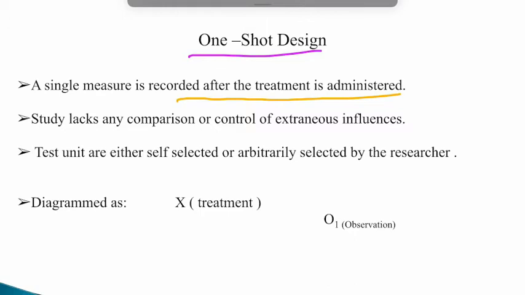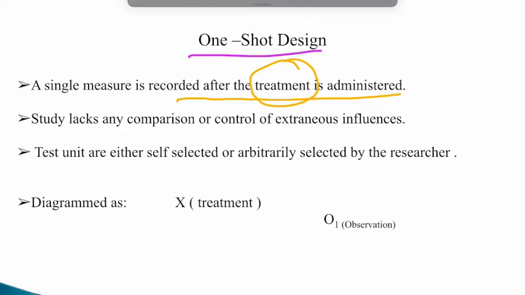So that is known as treatment. Here, the treatment word, because whenever you go for the design or the experimental design, always remember the terms and the terminologies associated with it. That is treatment, control group, extraneous variable, confounded relationship. That all should be clear in your mind whenever you're going for this kind of research design.